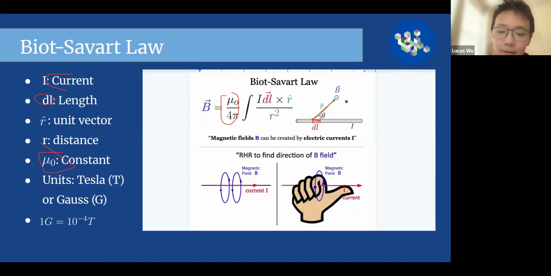And you'll find that this actually obeys the right hand rule, because my dL is pointing towards the right, my R is pointing that way. If you do the cross product, you'll find that the B field, the magnetic field, which by the way it's convention to call B, I don't know why, but that's what they call it, you'll find that over here, it'll be pointing into the screen. And if you use your right hand rule,